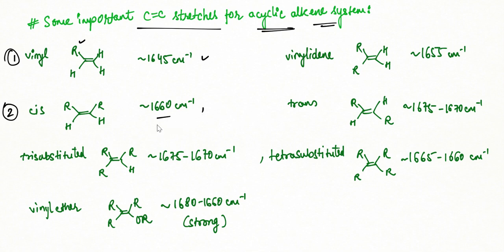If we are looking at the same alkene system in trans, the value has increased, but the intensity of the peak has decreased, because the dipole is basically cancelling out a bit much. So that is why the intensity has decreased. Okay, so this is our vinylidene